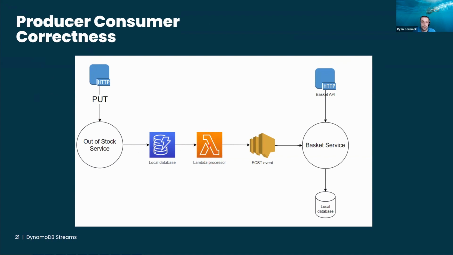So we can then have our Lambda function handle that message and then publish our event carried state transfer event of the full record across the system. And in this case, the basket service would handle that message and update its local cache or its local projection of that data. So by building services out like this, it allows us at every point along here